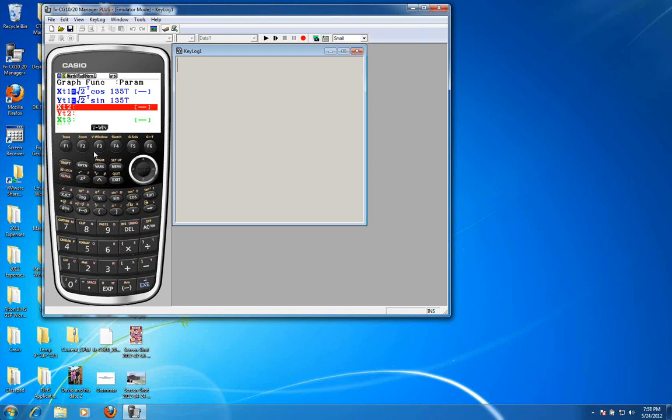Now let's take a look at what the window should look like for this. This window might be okay. Well, I'm going to make that a little bigger. Let's go with the standard window, which gives me -10 to 10.